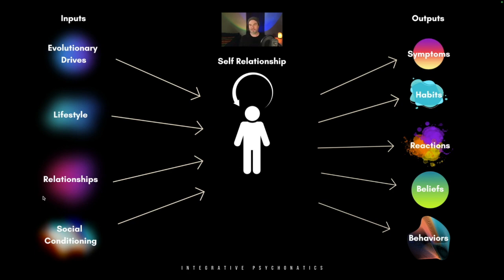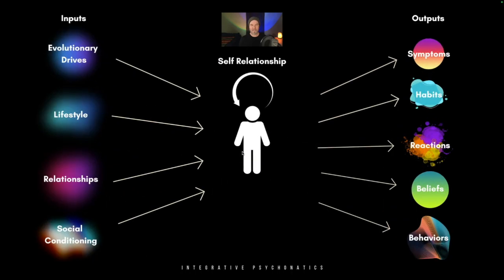What are our relationships like with our family, with our friends, with our friends we've had for a long time, with new people, with people we're dating or married to, et cetera, including animals and non-human companions, so to speak. What are the relationships we have like? What is the quality? What's the amount of safety? What's the amount of connection? What's the emotional tone to our relationships? This is, again, zoomed out there. This is, again, a major input into us, right?